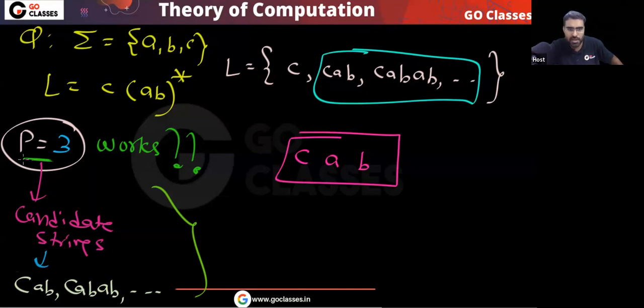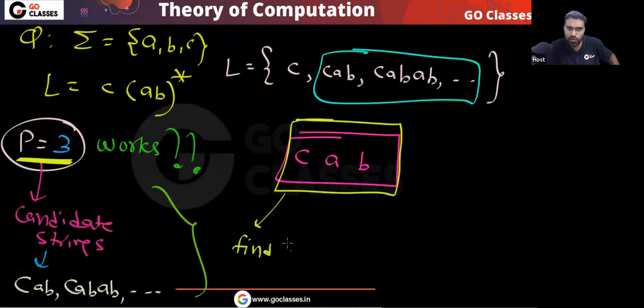First of all, tell me, if you are checking p equal to 3, then in this area you will find y, in the first 3 symbols. Okay, tell me one more thing. Will it work if I take y equal to this? It will not work.